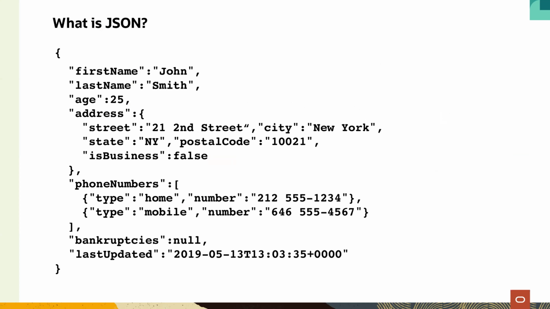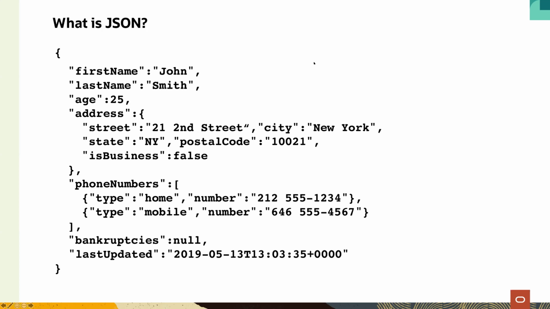So I assume that a lot of you already know what JSON is, but for those that are new, just listen for a minute or two and you are officially JSON experts. So what is JSON? JSON is a way to represent your values, not in a table and in columns, but instead in such a string representation, which is like a hierarchical data model, similar to XML.